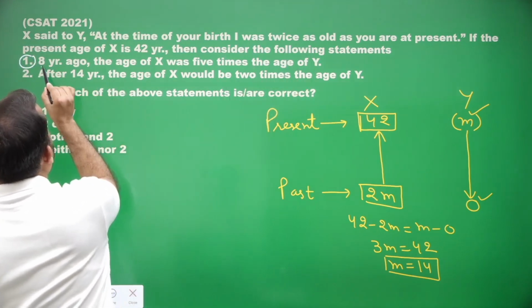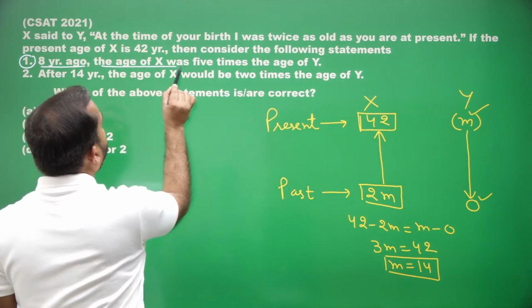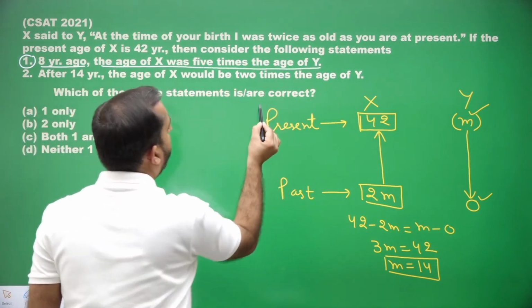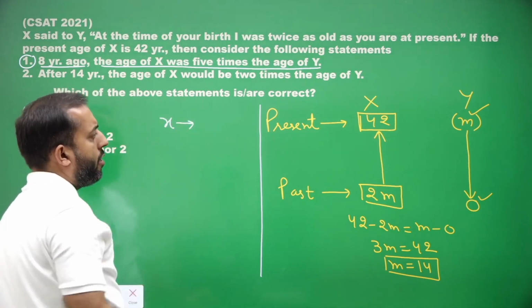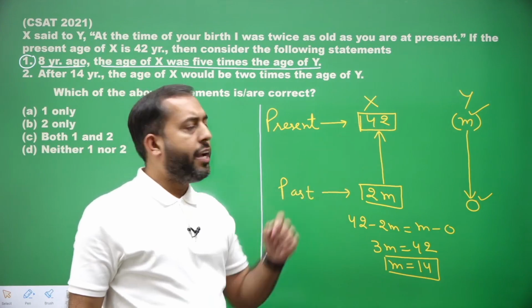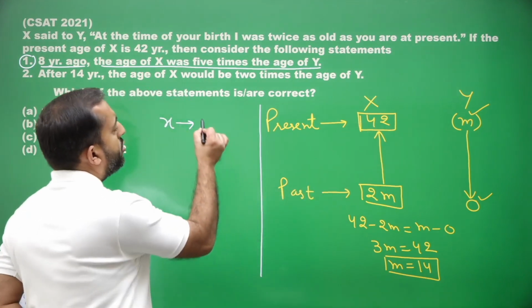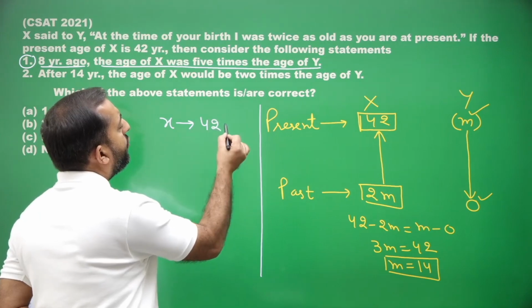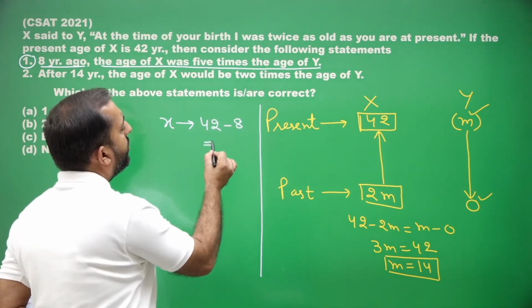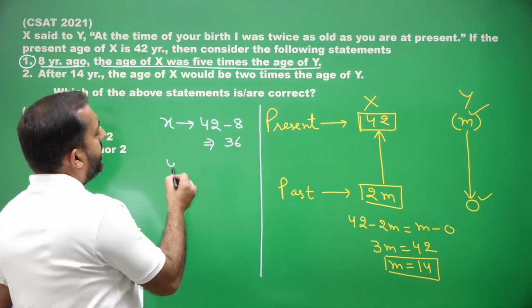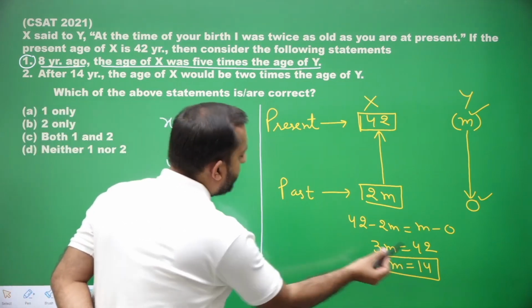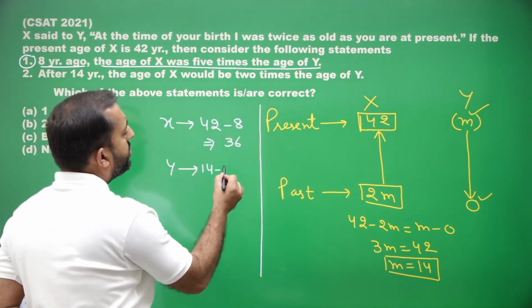Statement 1 says, 8 years ago, the age of X was 5 times the age of Y. Let's talk about age of X 8 years ago. Right now, age of X is 42. So 8 years ago, age of X should be 42 minus 8. 42 minus 8 is 36. At present, age of Y is m, which is 14. So 8 years ago,